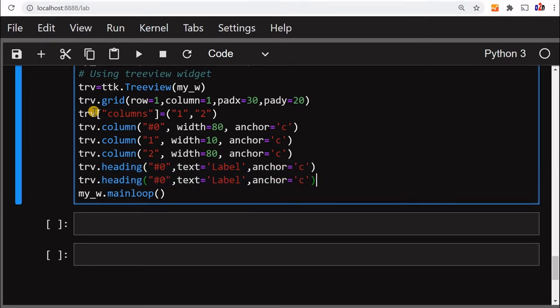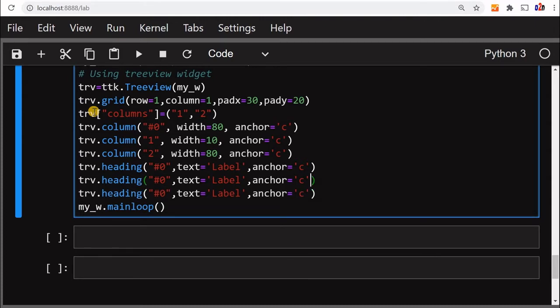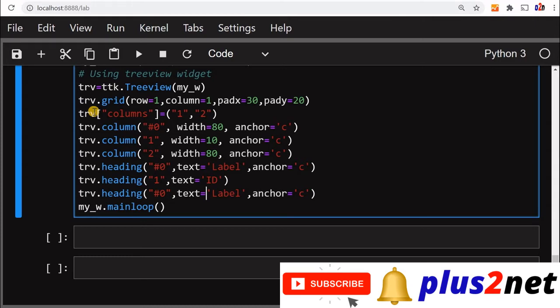Now one more also we'll put. So here we'll go for the first one, or the one. Now the text we want to display is id. Let's remove this anchor and let it be default, whatever it comes. So here id. Next one, we know it is label, a name. So we'll remove this label and put a name here. These are the texts, you can change them whatever way you want.